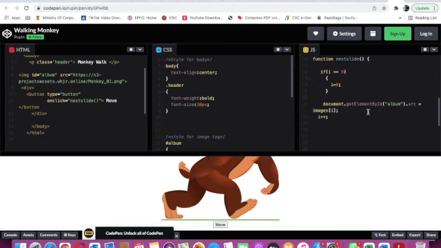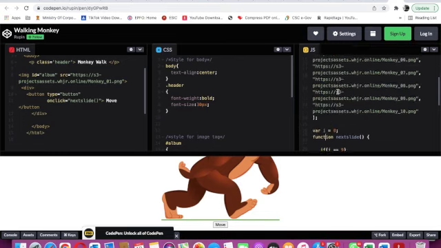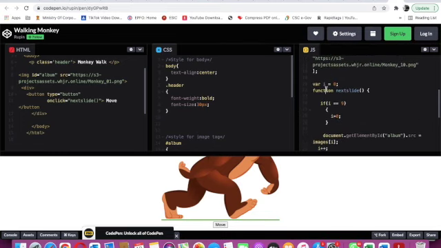Document dot getElementById, inside round brackets and inside double quotes we have to type album dot src, source is equals to images, then in square brackets I have to type i. We will type i only, because here we have given i.